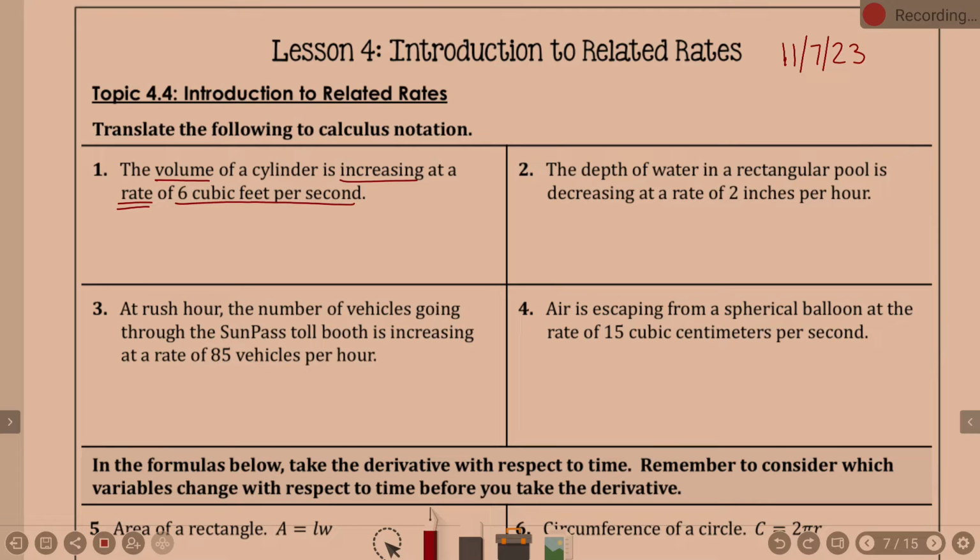So when we write this, we talked about the derivative of volume, right? But we're not going to write it as V prime. We're going to go back to the fractions, where we say dV over, what are we taking the derivative of volume with respect to? Seconds, which is time. When we do related rates, it's almost always with respect to time. So the volume of a cylinder is increasing at a rate, so dV/dt equals 6 cubic feet per second,